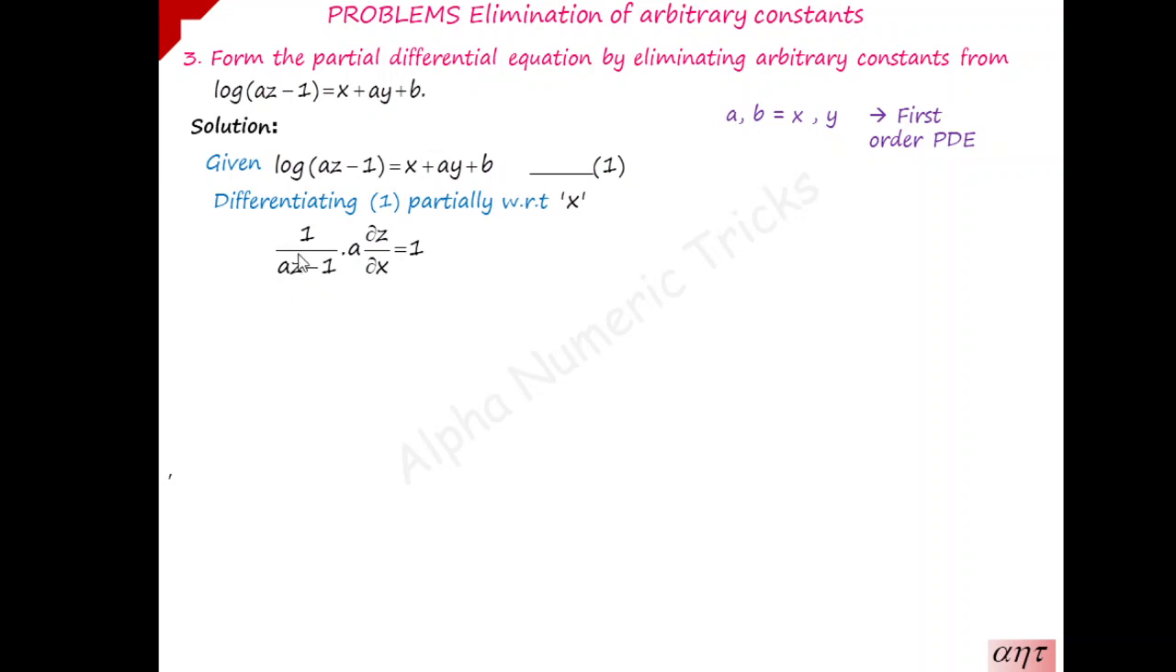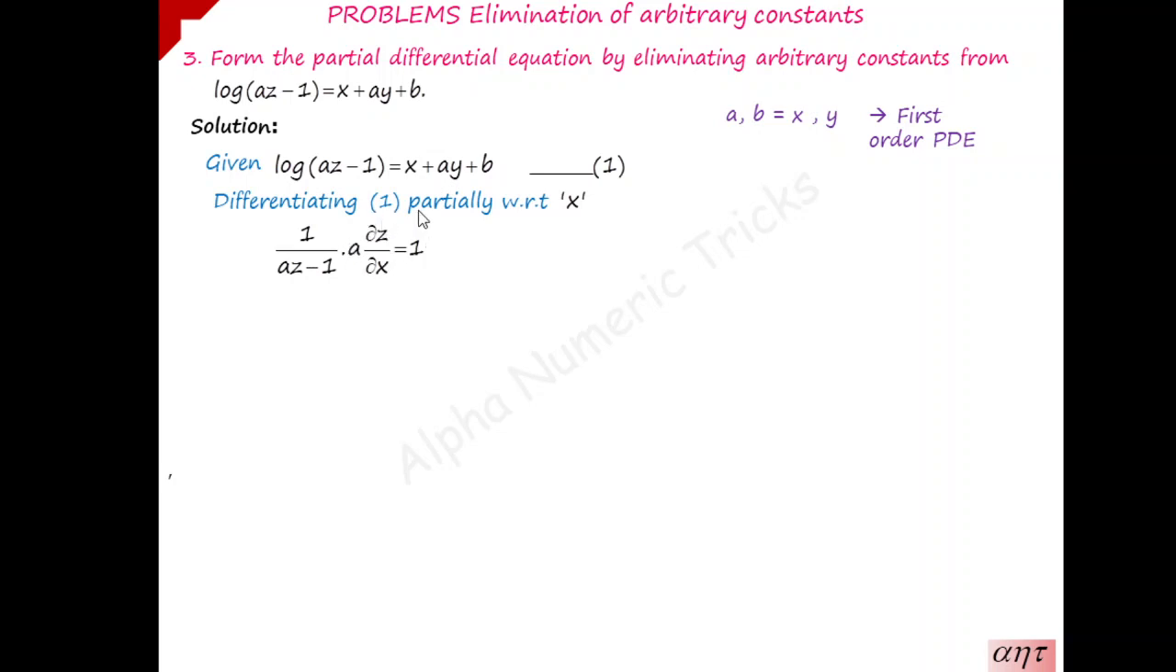Now we will do the derivative for the denominator. a is written as it is, differentiation of z with respect to x is dou z by dou x, minus differentiation of 1 becomes 0. So after taking derivative of the denominator, the final terms you have as a into dou z by dou x